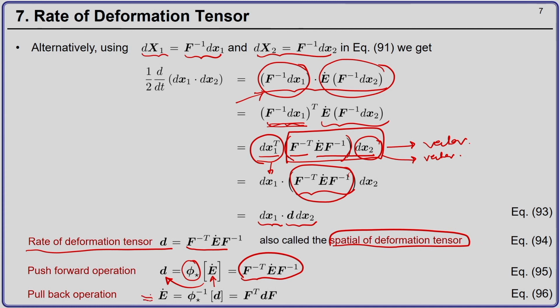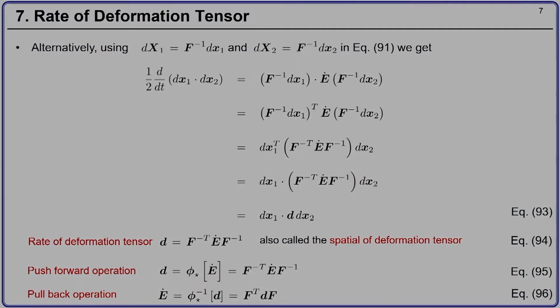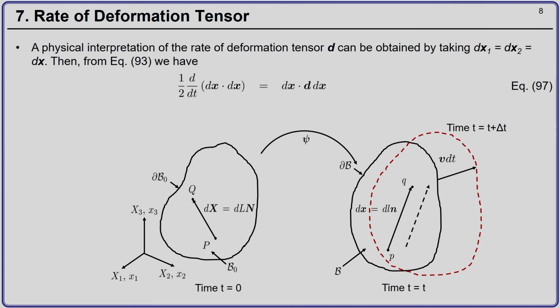So, E dot is the pullback. This is the pullback of the rate of deformation tensor, and how this pullback is carried out is F transpose D F. Okay. That is how you carry out the pullback of the rate of deformation tensor. Now, we can have a physical meaning, or an interpretation, of the rate of deformation tensor if we